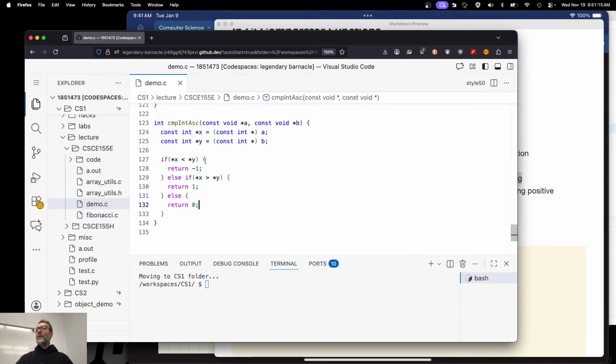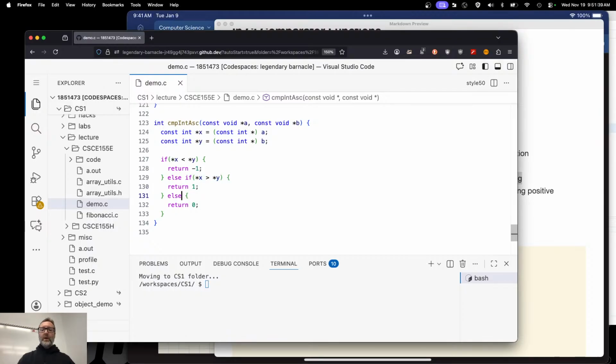So again, if x comes before y, then it's in ascending order, like 5 and 10. 5 is less than 10, we will return -1. If they're switched, 10 and 5, well, they're out of order and they need to be swapped by qsort, and so I return something positive. Finally, I return 0 if they're actually equal.